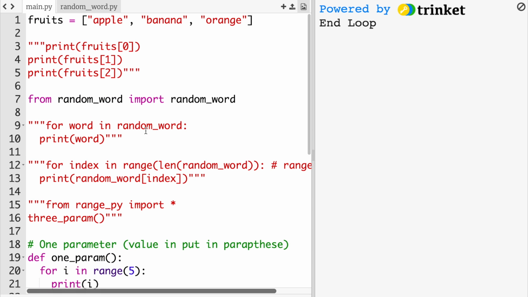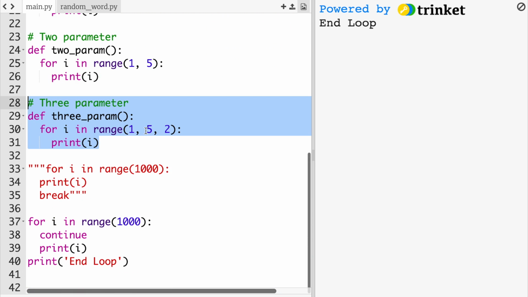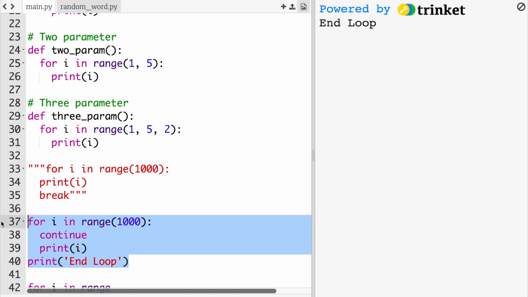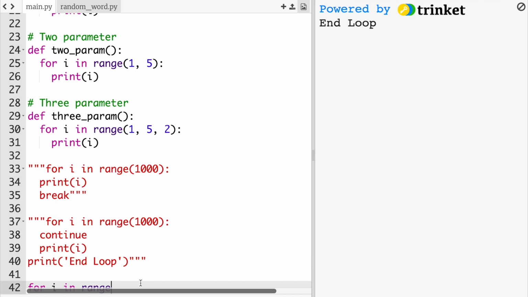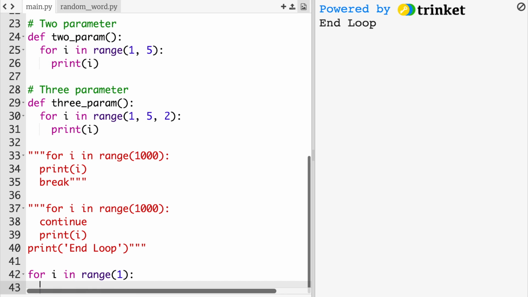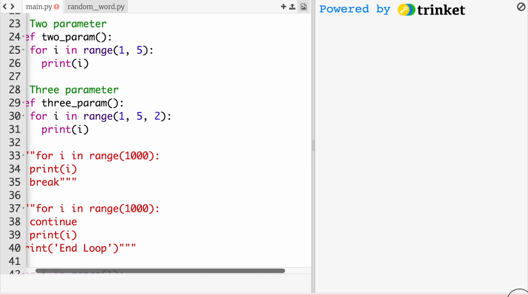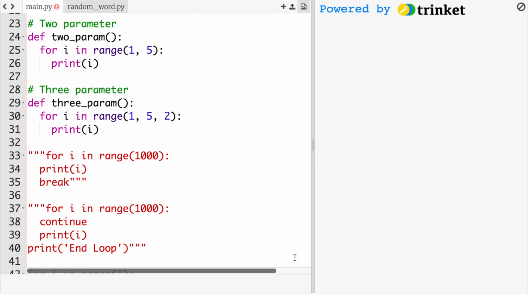But also, now if you take a look at my code, you will see some indentation here. I actually pressed my tab key to do it. So make sure you indent your statements, especially for a for loop, when you are trying to loop through something. For example, if I don't indent, here's what's going to happen. For i in range of 1, print out i. It should be just print out 0. But instead I saw a syntax error because